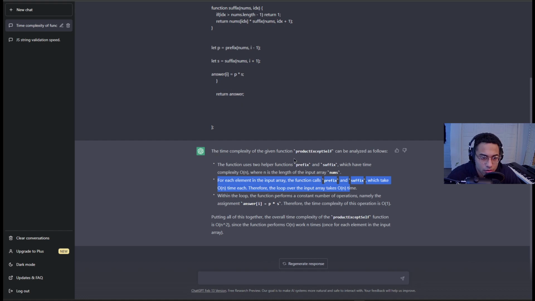Within the loop, the function performs a constant number of operations, namely the assignment. Putting all this together, the overall complexity of the function, for each element in the array the function calls, which takes